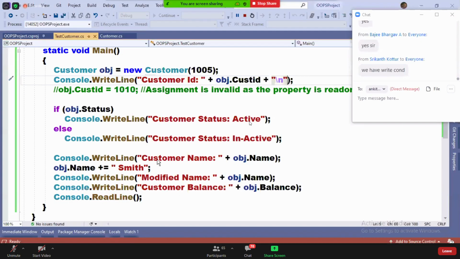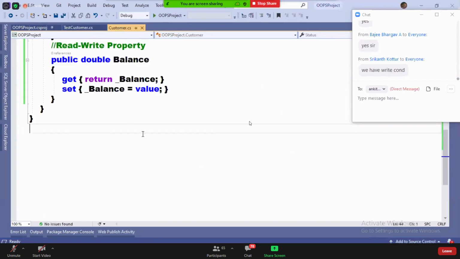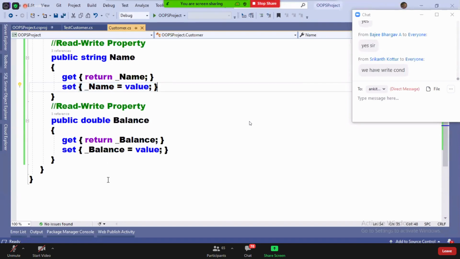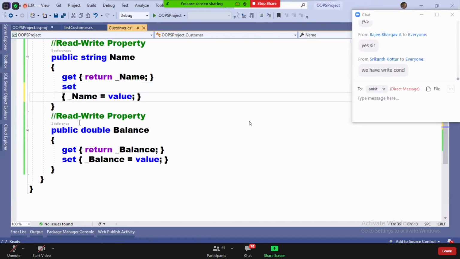Okay, so first, guys, first understand. If the status is inactive, the set operation should not work at all. Guys, from now onwards, whenever you write a setter, don't forget this condition. When the status is inactive, the setter should not work.